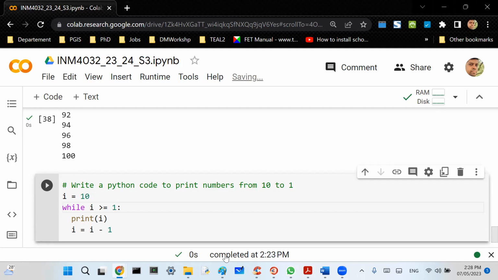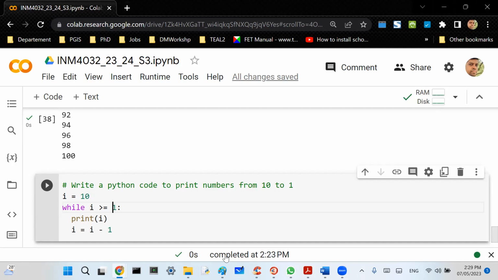Nilantha, your answer is correct. I prefer to use greater than or equal to 1. That's okay. But Anjana, you have to check your answer, greater than or equal to 0. That is a problem because it will try to print 0 as well, because I want to print 10